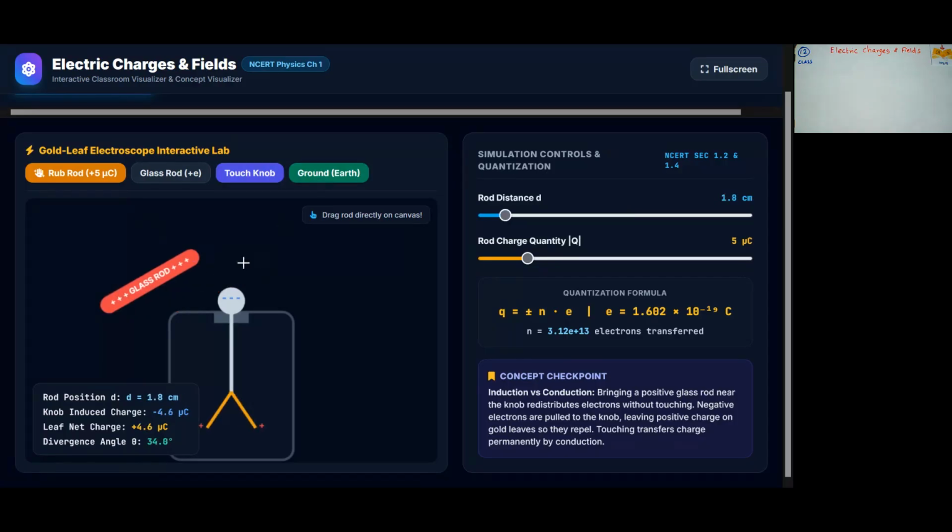Clear? Okay, right. So the key takeaway from this step: induction redistributes internal charges without direct contact, whereas conduction transfers net charge permanently through physical contact. Okay. Now we can go into tab number 2,